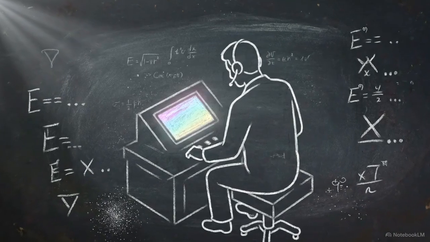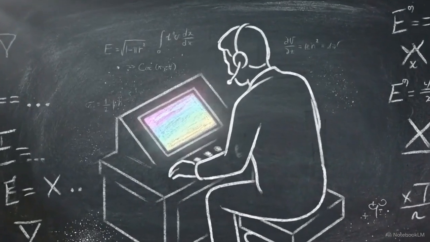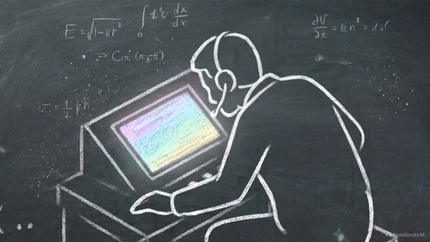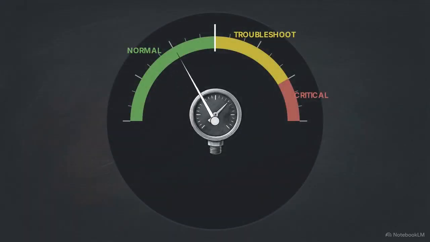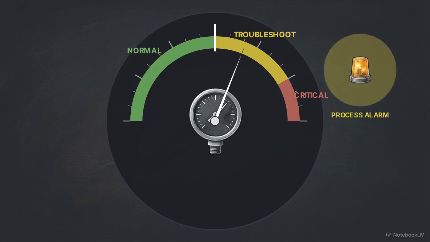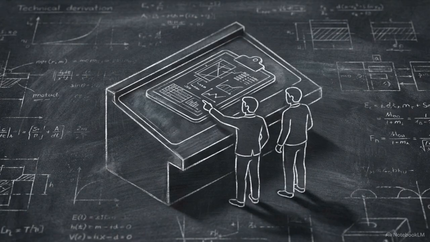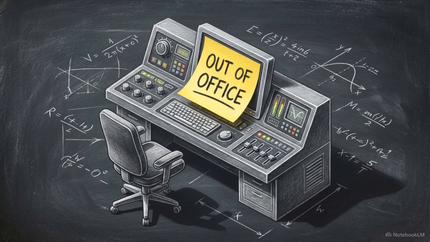It is 2 a.m. A junior console operator with 6 months on the unit is monitoring a complex chemical process when a critical pressure gauge begins to drift out of bounds. In many facilities, the response at this moment depends on the intuition of experienced staff who know that the pressure usually runs around 150. But when those veterans are on vacation, the person at the desk has no technical anchor